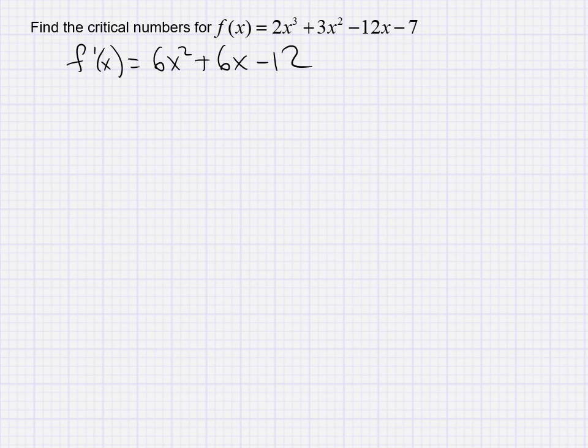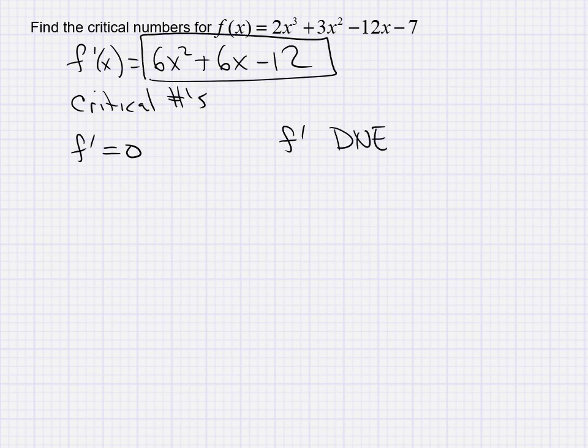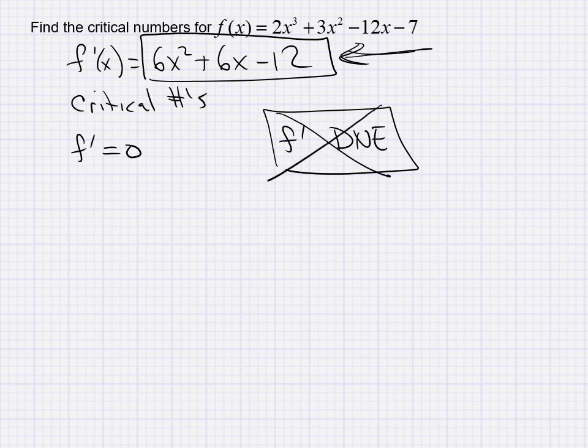And so what I need for critical numbers is to find when the derivative equals 0 and when the derivative does not exist. Well, this is my derivative. It is a polynomial, specifically a quadratic polynomial, but a polynomial. As far as asking when does this polynomial not exist, the answer is, well, never. I mean, this function exists all the time. It's continuous everywhere. Its domain is all real numbers. So this is not something that would come into play for this particular problem. But it could